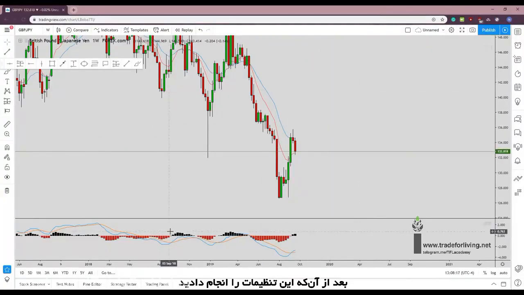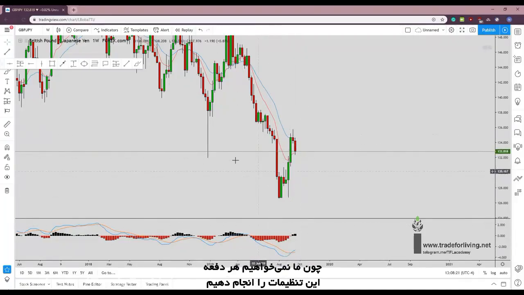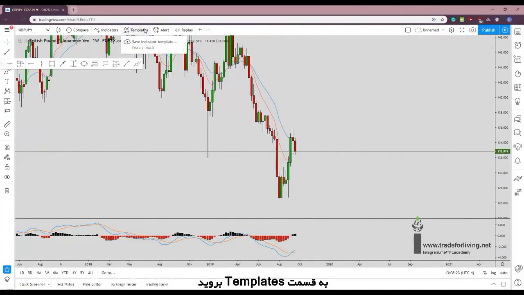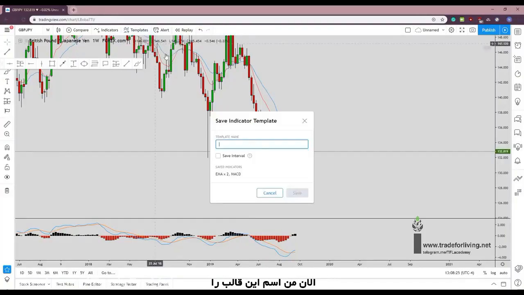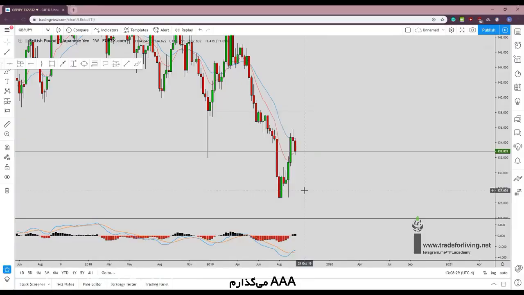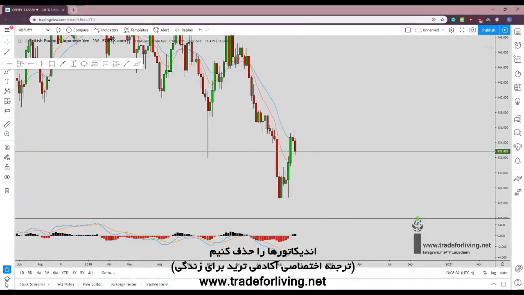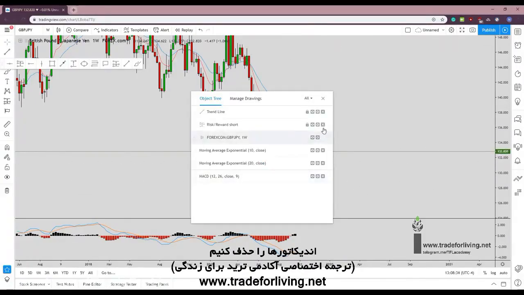So once you have set up this, you can create a template with these indicators, so you don't have to set them up every time. You go on templates and you go save indicator templates. Now I will just put AAA, because that is how I like to save them. Now if we delete indicators,